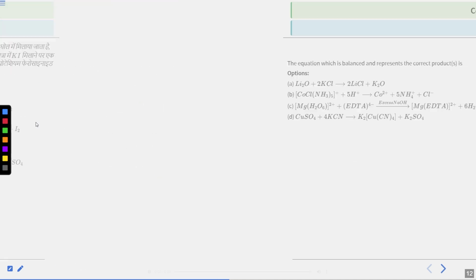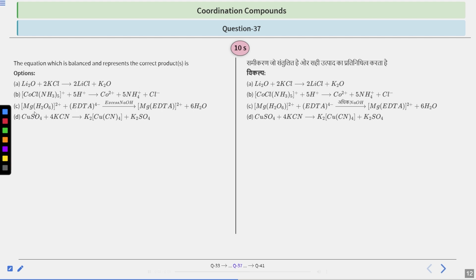Okay, moving on to the next question. Question number 37. The equation which is balanced and represents the correct products is. Options are Li2O plus 2KCl giving us 2LiCl plus K2O, [CoCl(NH3)5]+ plus 5H+ giving us Co2+ plus 5NH4+ plus Cl-, [Mg(H2O)6]2+